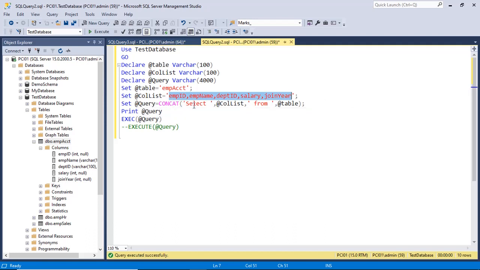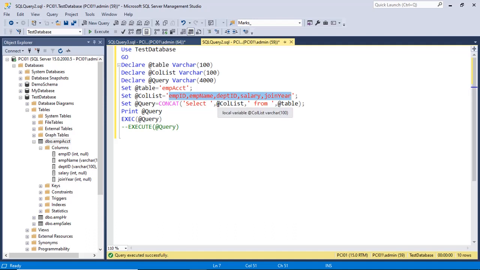First of all, the select, which is a literal value within single quotes, then a comma. The comma is for the concat, because when you use the concat function you give multiple values comma separated, and the concat function joins those values into a single statement.